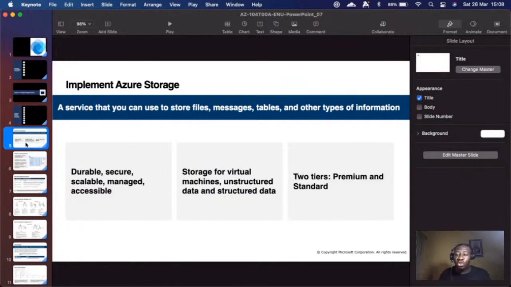One of the things you should know: I remember 4 to 5 years ago when I was still on the operations side of Azure, storage wasn't managed at the time. So we had to make a whole lot of use of blobs to power our virtual machines, and a lot of unstructured things were there and really not managed.